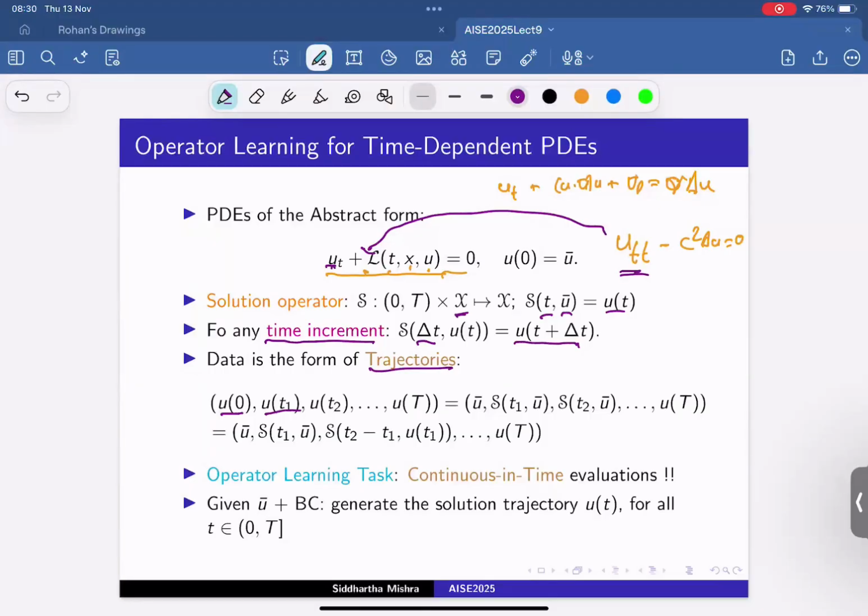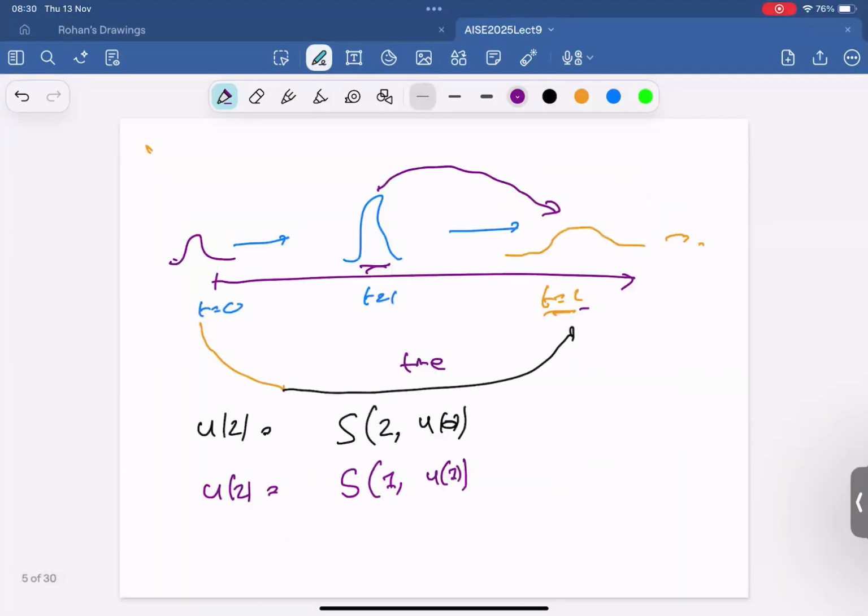So you have u of t1, u of t2, all these time bins. When I march forward and observe a system in time, I don't just observe the solution at a particular instance, but along the entire trajectory, in principle all points in time, but in practice of course we cannot store every single time point, we can only store at a discrete set of potentially